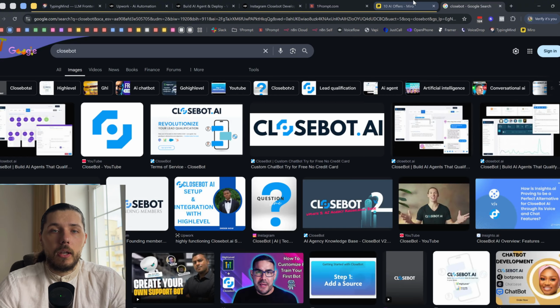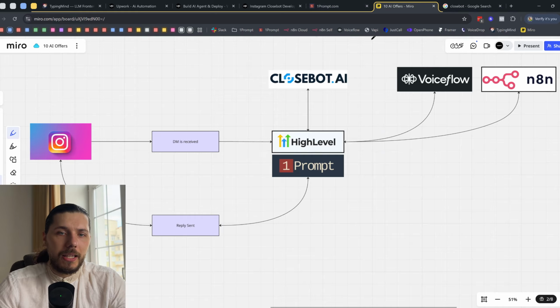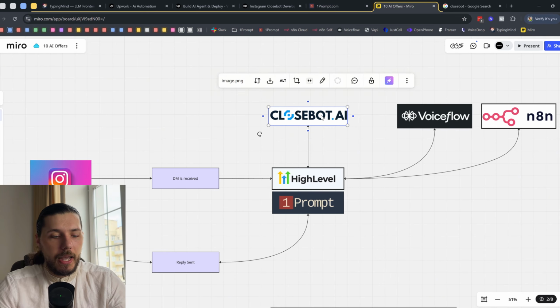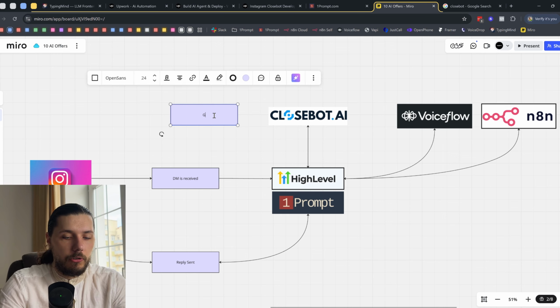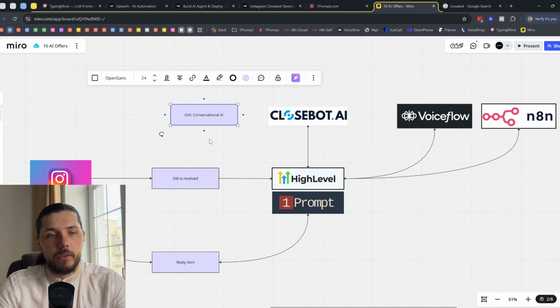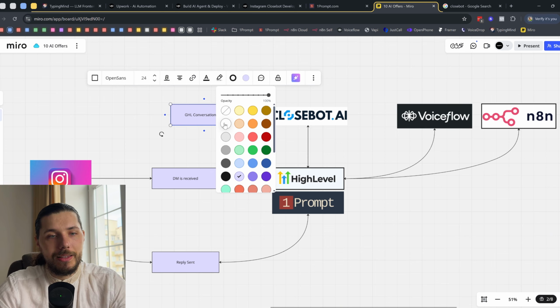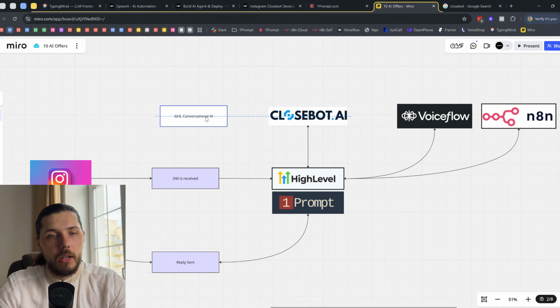So there's the GHL conversational AI, and the CloudBot is just one step above, so this is level 1, this is level 2, and then this is level 3.